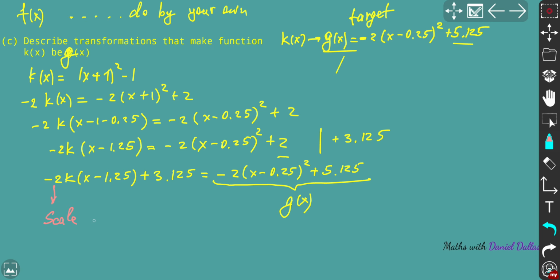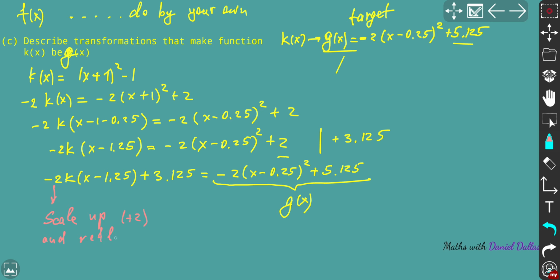It's absolutely scale up, however we have negative, so scale up by a factor of -2. That means the branches were flipped over. You can combine it with reflection. So scale up with the factor +2 is better to write, and